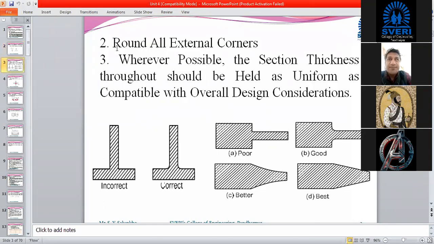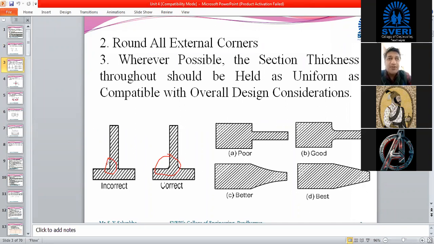Second guideline: you have to round up all the external corners. If we have a part where this corner is there, at the time of design only you have to round it up, so that stress concentration will get reduced.